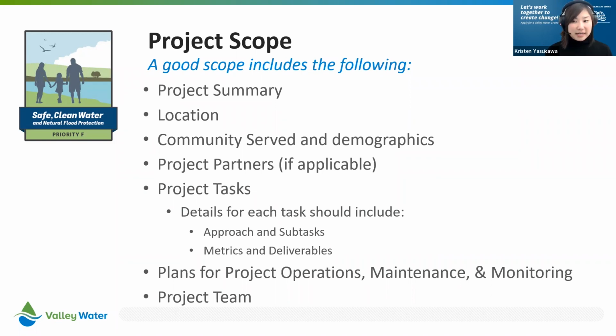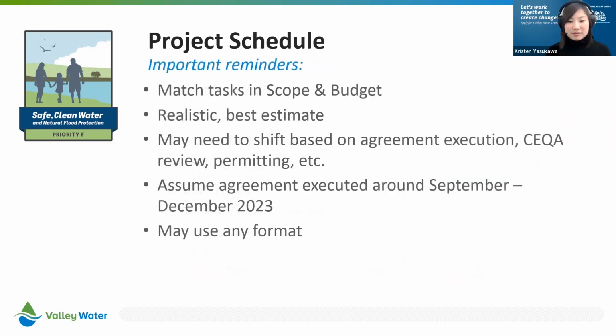We can go to the next slide, unless there's any questions. I know we are covering things quickly. But our next slide is the project schedule. The project schedule is really to demonstrate to the evaluation panelists that the project and the work and activities that you're proposing are able to be completed within the 5-year agreement term that we will be able to allocate once, if you're awarded, because we do need to make sure that the projects get completed.